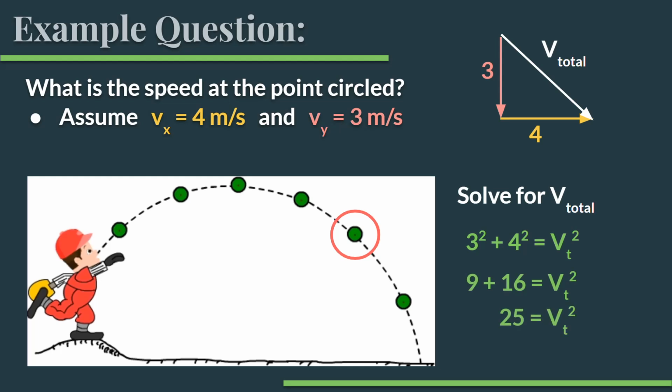Okay, and that's v squared, so if I want v, take the square root, and this is a 3, 4, 5 right triangle, which is why I said you probably didn't even need to show your work for it. But that would be your total velocity at that point. So if you were able to figure out what your vertical and horizontal components were, you could solve for the resultant using Pythagorean theorem, which you can see that you have to use vector addition for. You have to use the Pythagorean theorem because of the way the vectors add. All right,